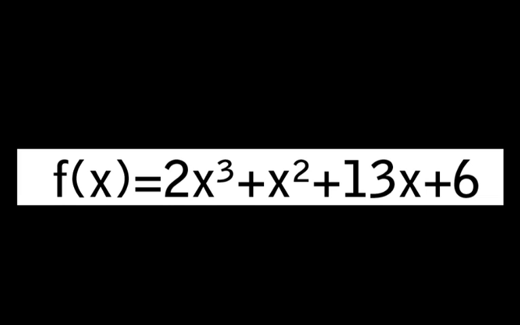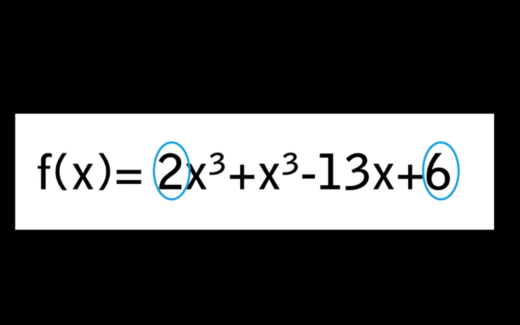So to start off, we will use the rational zeros theorem to find the zeros of f of x equals 2x cubed plus x squared minus 13x plus 6. Because the leading coefficient is 2 and the constant coefficient is 6, the rational zeros theorem yields several potential rational